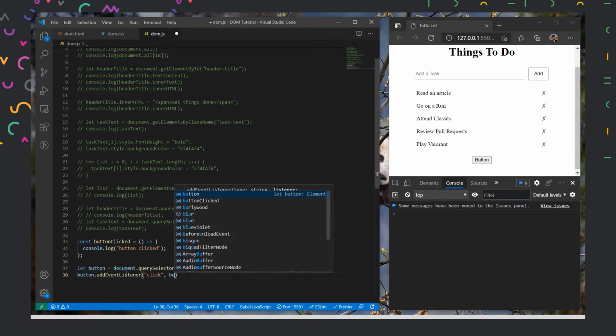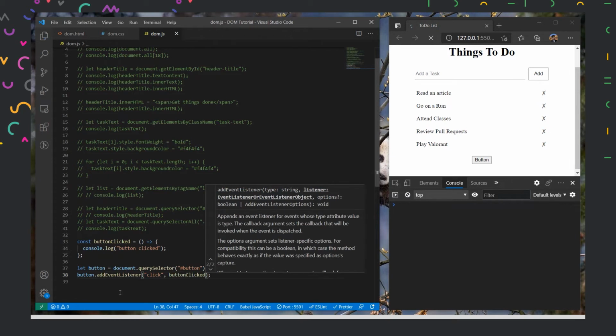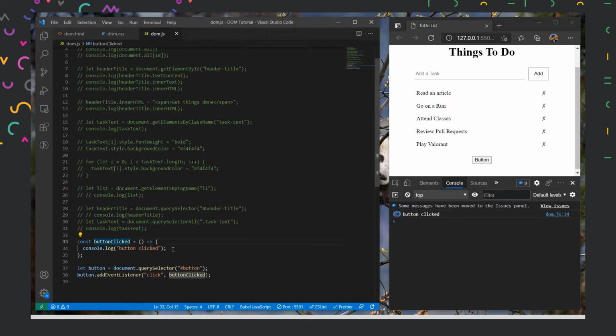So here I could type button click function. And if I save this, and now if I click the button, button click will be logged every time. So anything I write inside here could take place. And this is how we use event listeners. Let's say instead of click, I can use a double click. So on double clicking, it will run the function like this.